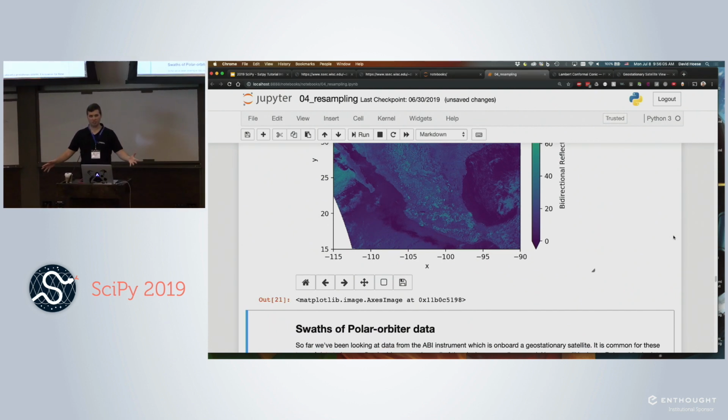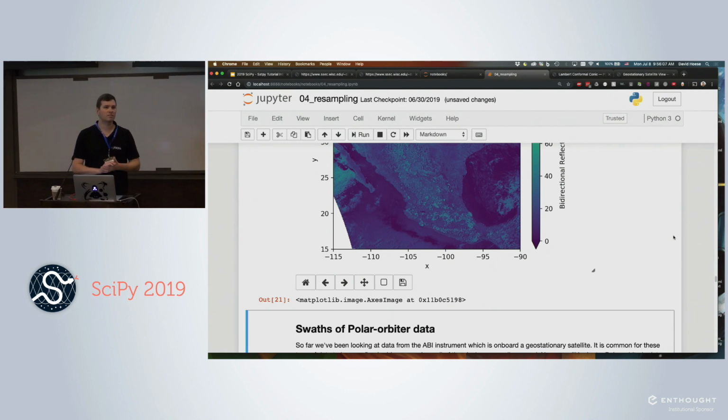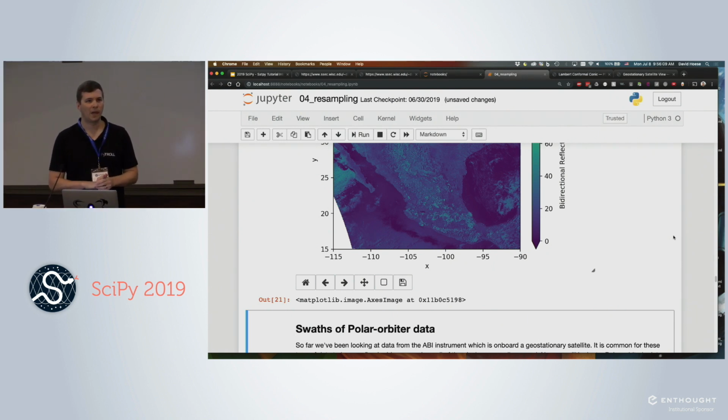Anybody have any questions based on what they saw or anything else? When you say the pixel size is so many meters, depending on the projection, different pixels are different sizes. So what does that actually mean? So the question is, what does resolution mean? Because the resolution is different in each projection. Well, it's different for different pixels in